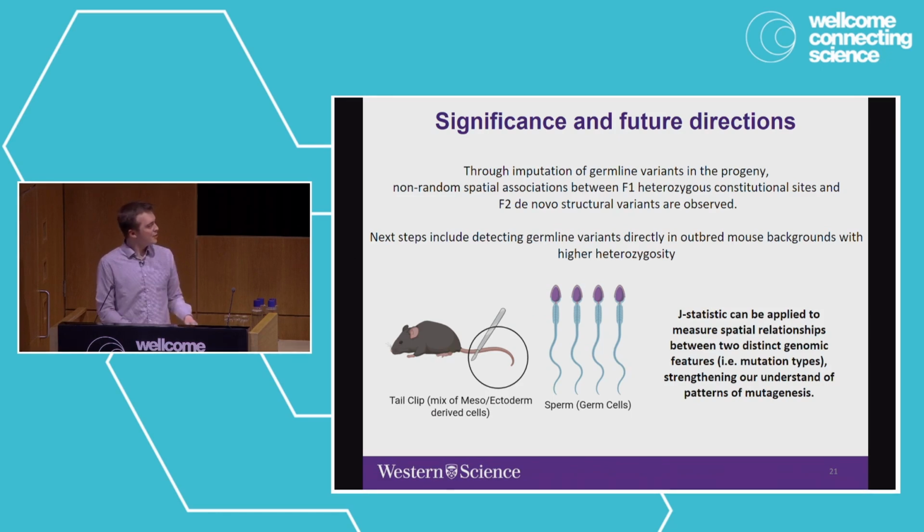As well, I hope this presentation, though I briefly just touched on the J statistic, shows that this tool can be used with your own data to measure different spatial relationships between two distinct genomic features,